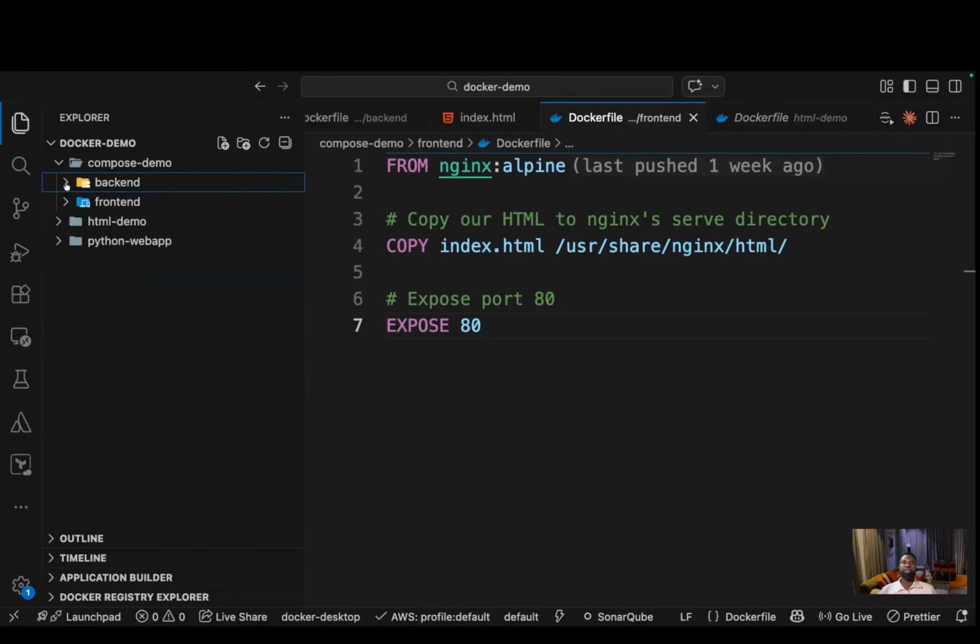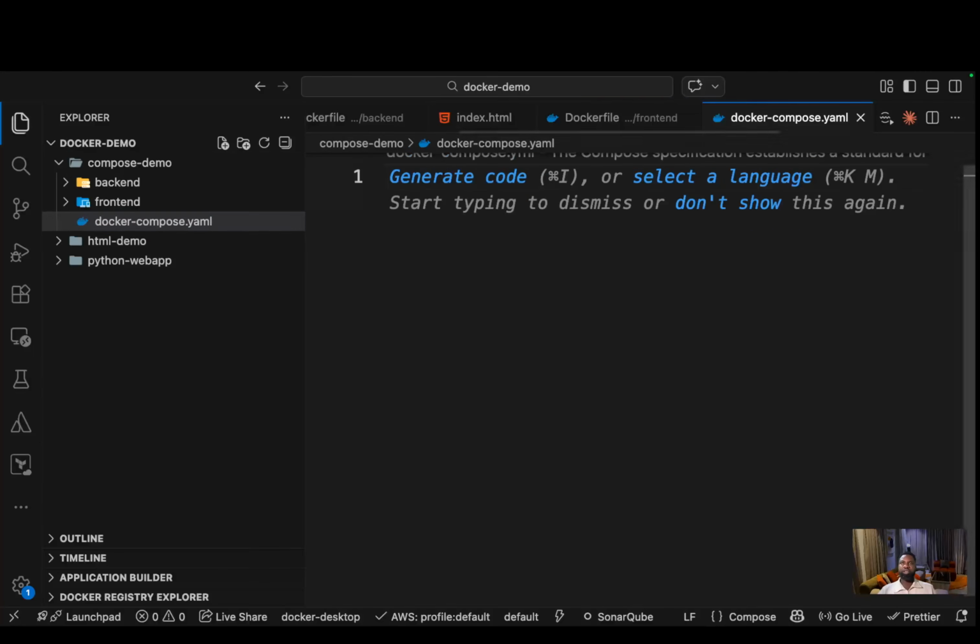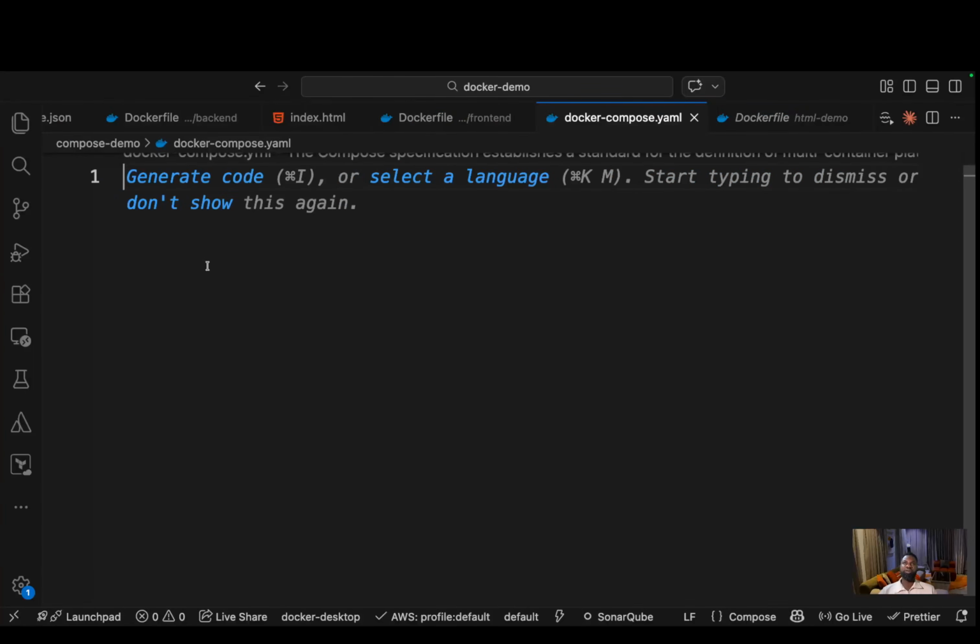Now that we are done with the backend and the front end, we'll create our Docker Compose file at the root of the Compose demo. So we say docker-compose.yaml and then hit enter. We're going to create a YAML file which will define all services that we need for the application to build and run. This is a full stack application. So let's start by